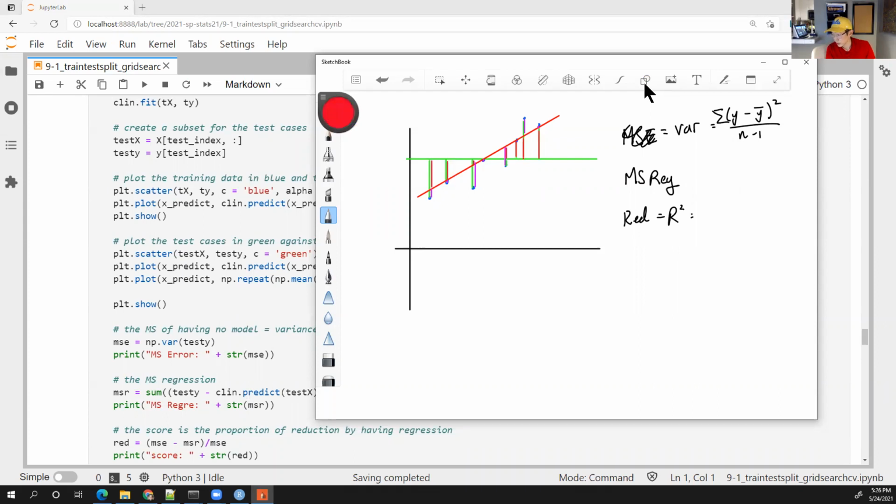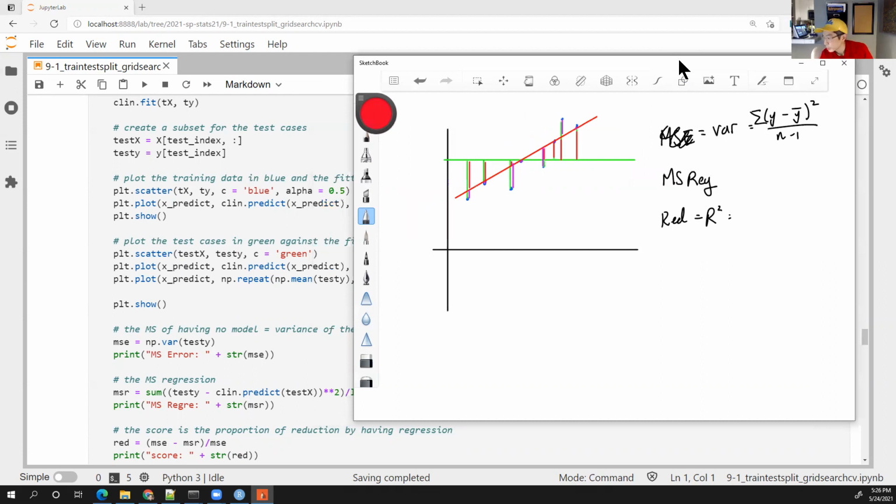So your mean squared regression will be the difference between each of your test observations, your y, minus your y hats. You're going to take that difference, sum those up and square those, and divide by n-1 here, okay,